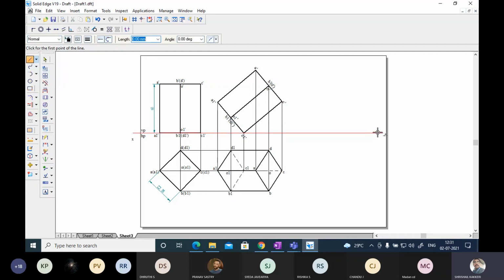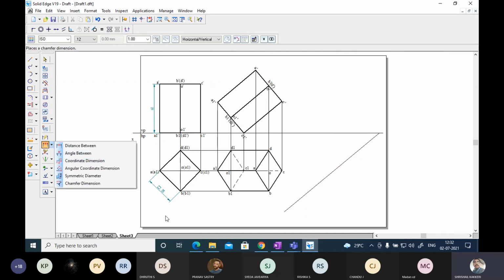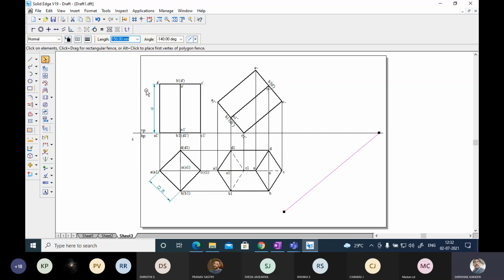So normal. Take any suitable point here, 40 degrees. That means how much? If it is this much, it should be 40 degrees. 180 minus 40, 140. Okay, 140. So take a suitable length, okay, some 150 length I am taking, minus 140. And if you want to confirm yourself, you can measure the angle also. What is the angle they have given us? 45 degrees, right? 45 degrees means it should be 135, minus 135.